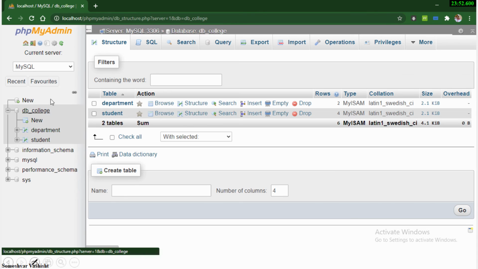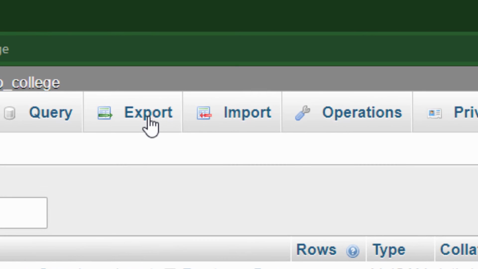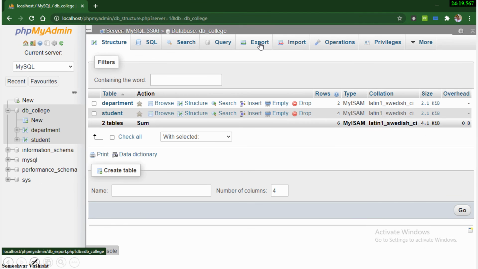The thing is, let's say you make this database and you want to send it to your teacher for evaluation, or as a part of your exam you want to submit your PHP code and your database. Okay, so consider this scenario. If you want to send this database, you click on this database and you have an export option here. Export means sending this database in a different format, in some file, and then you can send it to your teacher or whomsoever